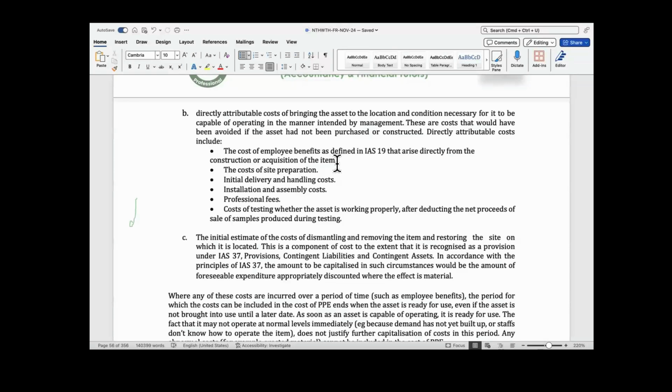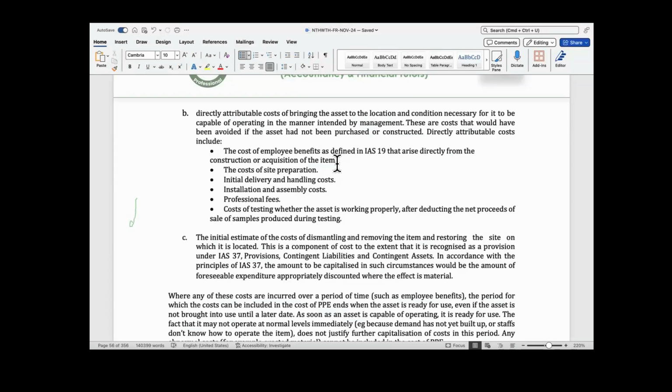Their salary for that period of constructing or acquiring the asset should be added to the cost of the asset. Let me give you a shocker. If one of your staff left his own primary assignment and followed you to the location where you went to buy the asset, and he used his professional expertise to help you acquire the asset until you bring it to the location,